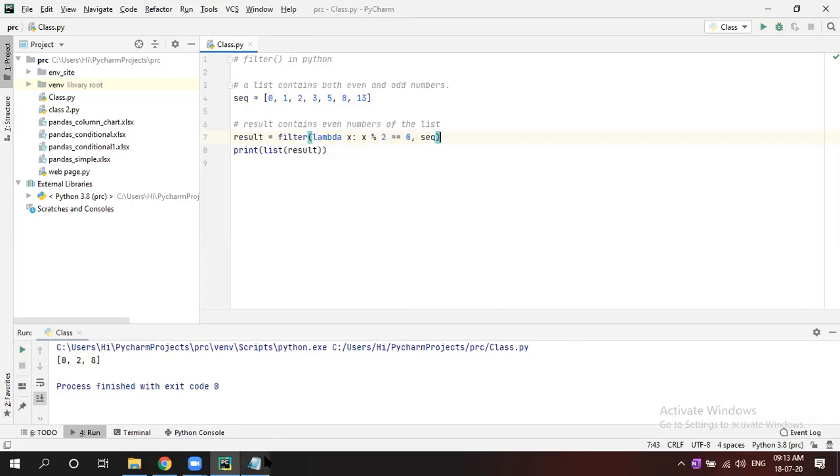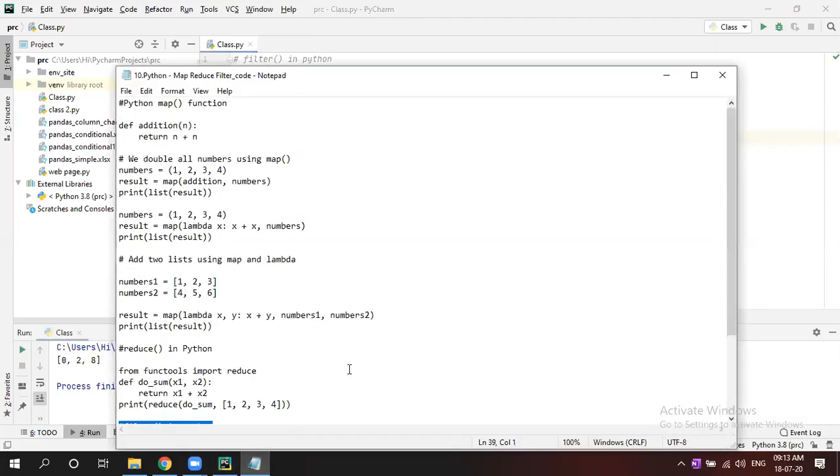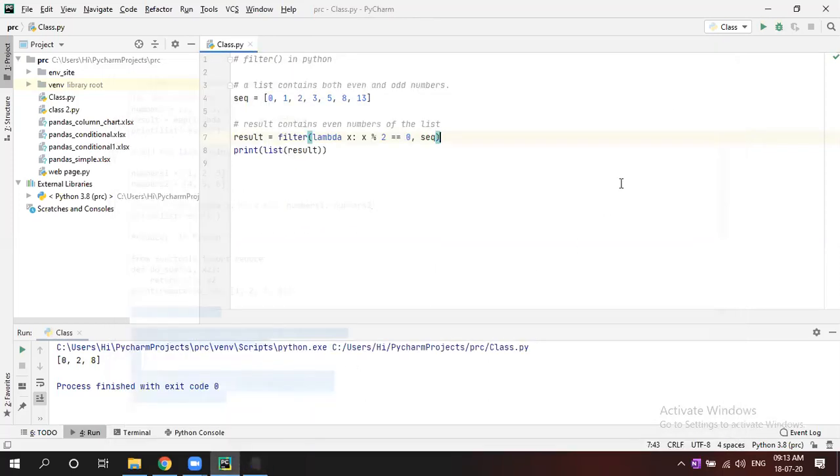Save it. So this is nothing but map, reduce and filter. These are the intro point of view; they'll ask what is map, reduce, and filter. Try to understand the concept. Now go to the next one.